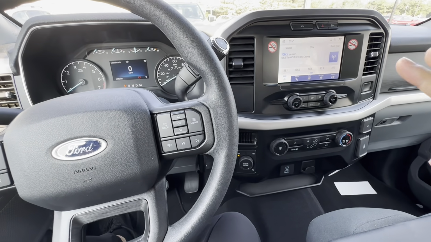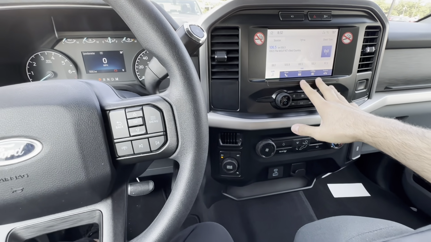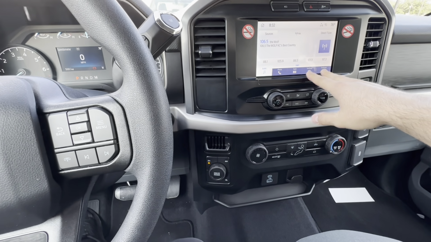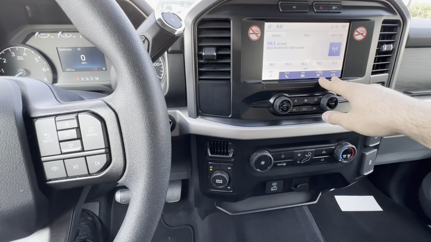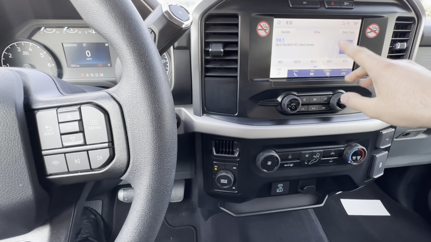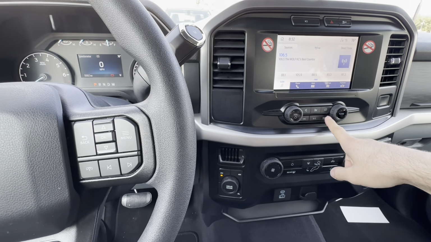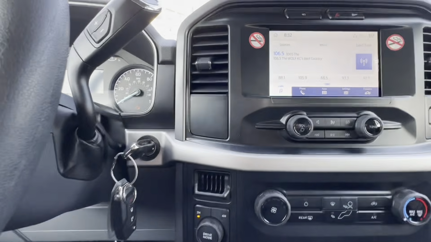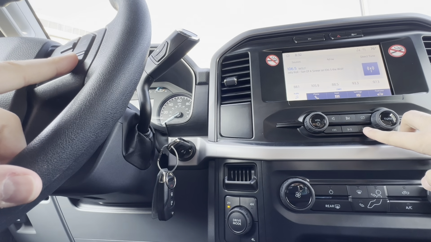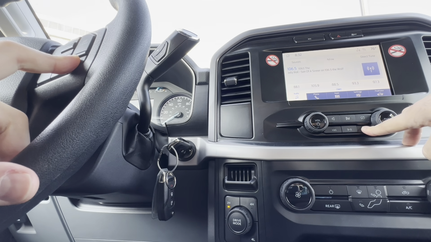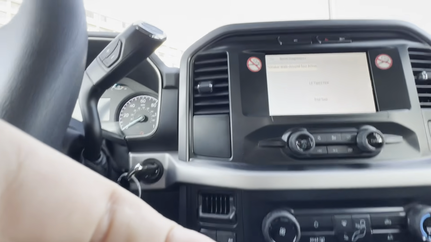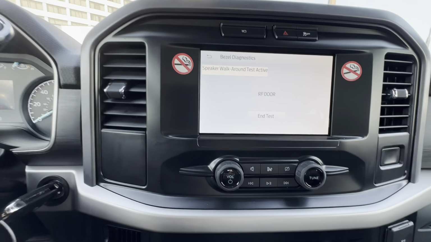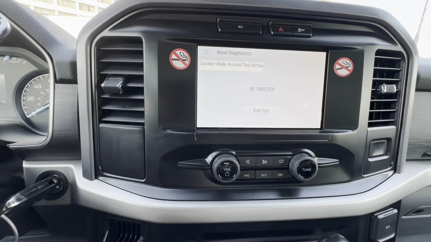Okay, so the second hidden feature is in the screen. There is a hidden settings menu. This screen has the Sync 4 software in it. Now to access this menu, you gotta hold the skip track on the radio and on the steering wheel. So I'm gonna set this here. Hold the skip track here and here at the same time until that menu shows up, for about 5 seconds or so. Okay, it does a speaker test first, speaker walk around,